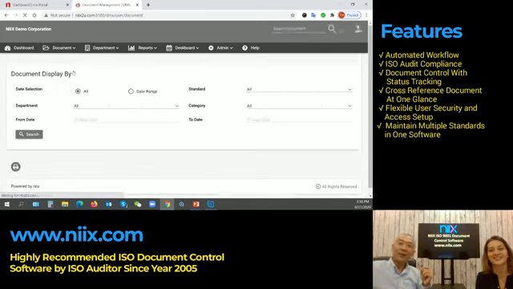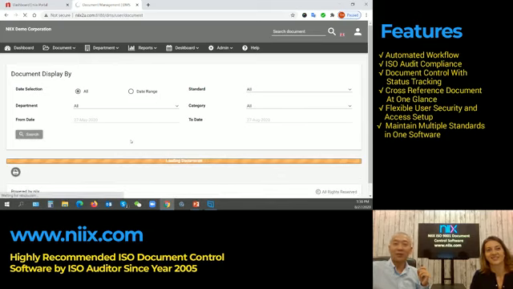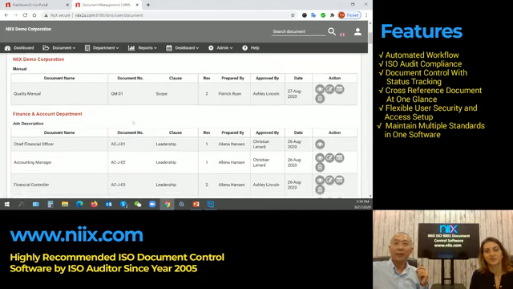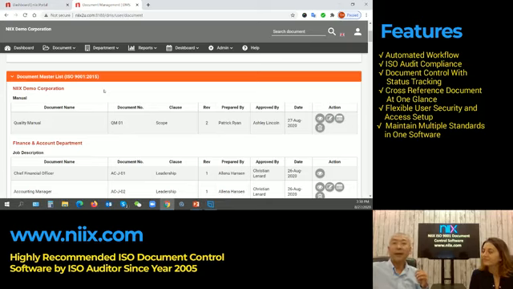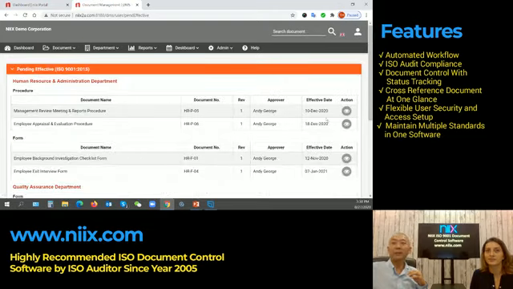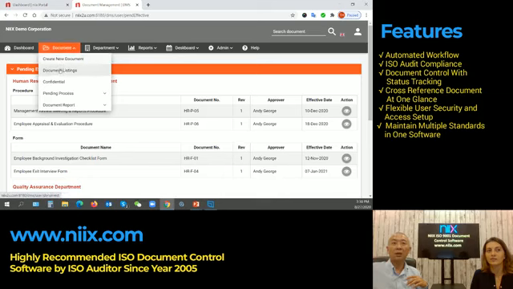Oh, okay. When we move on to the next features, for example, you can look at the document master list, where it will show you all the documents that have been approved and have become effective. Now, certain documents that have been approved but are not yet effective will be kept in the pending effective page. For example, here the document will be effective on December 10, 2020. So when we come to this date, the system will automatically move this document to the document master list.